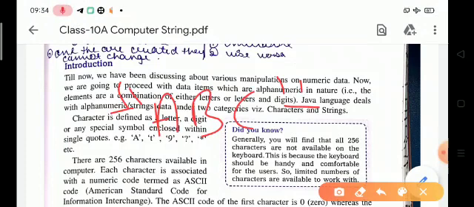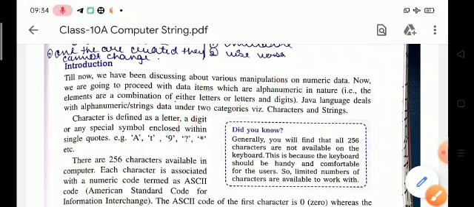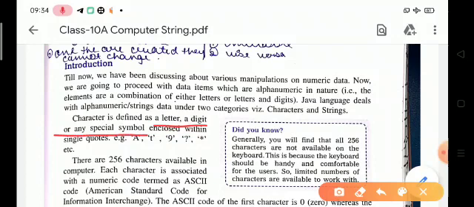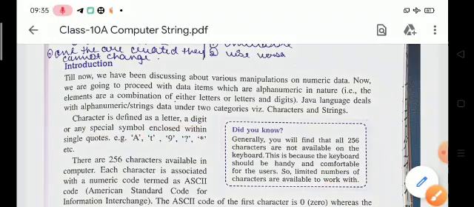And a character is defined as a letter, a digit, or any special symbol enclosed within single quotes. Characters are enclosed within single quotes, and strings are enclosed within double quotes.